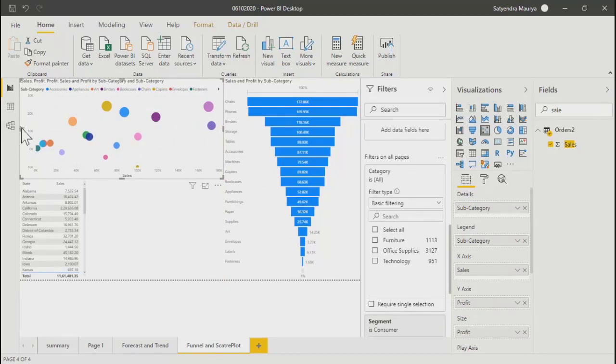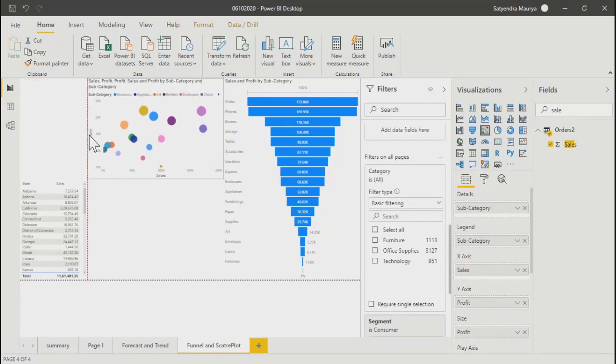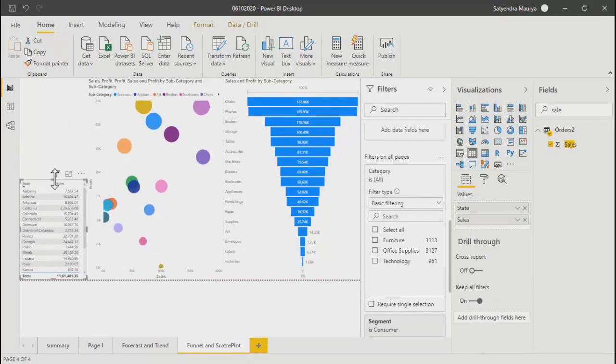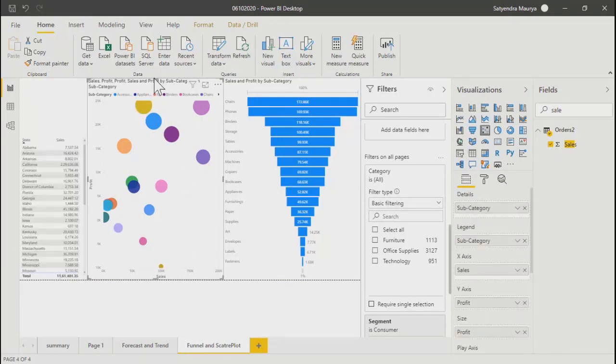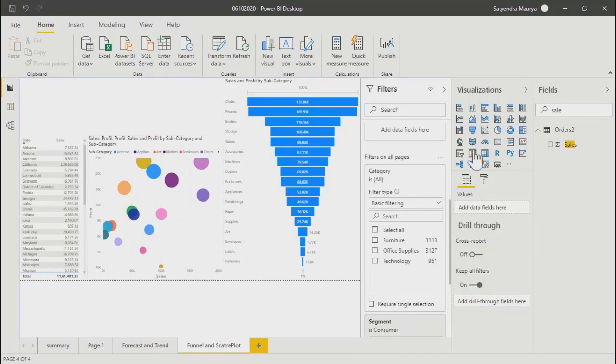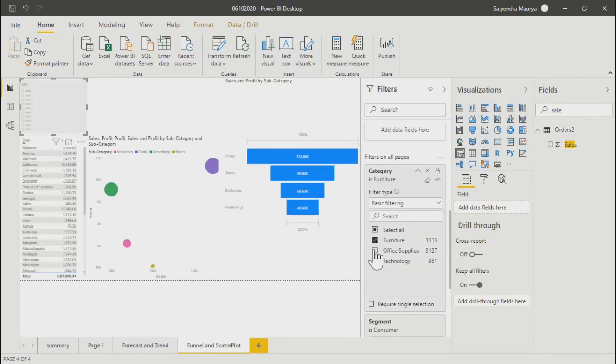I'll minimize this. We'll drag our slicer in this particular portion, and over here you see the filters, you are getting all individual values and you can select and see the data, correct?